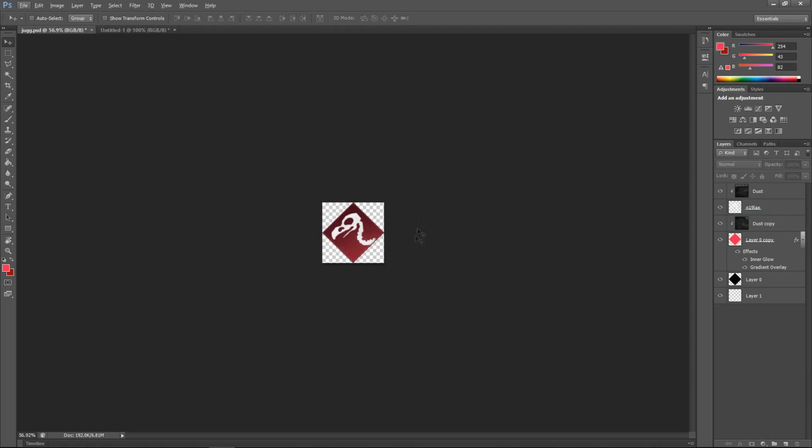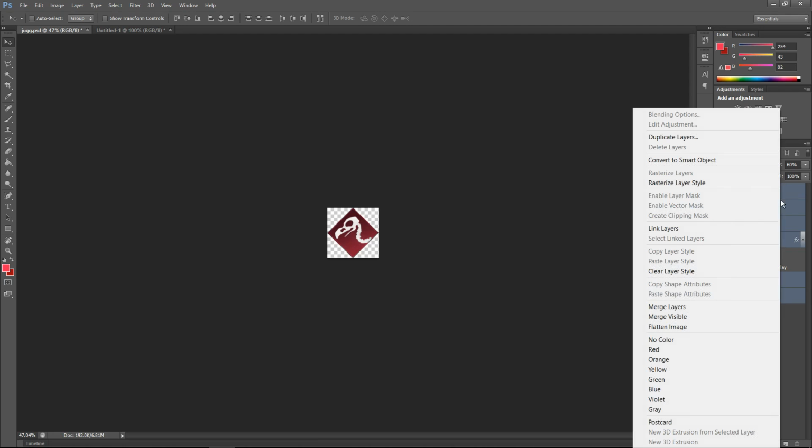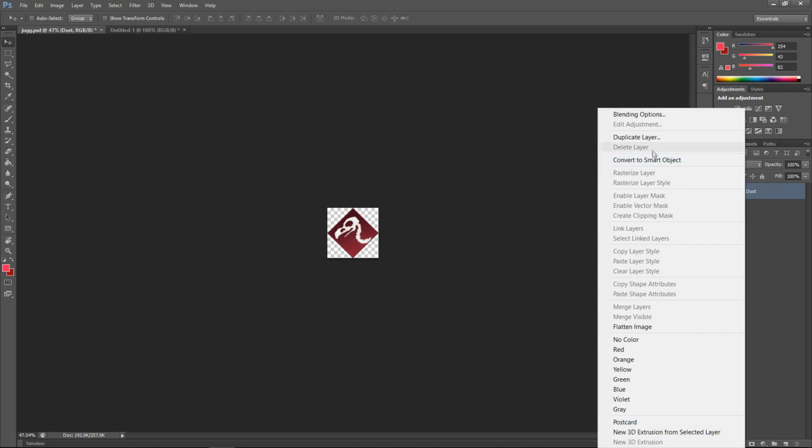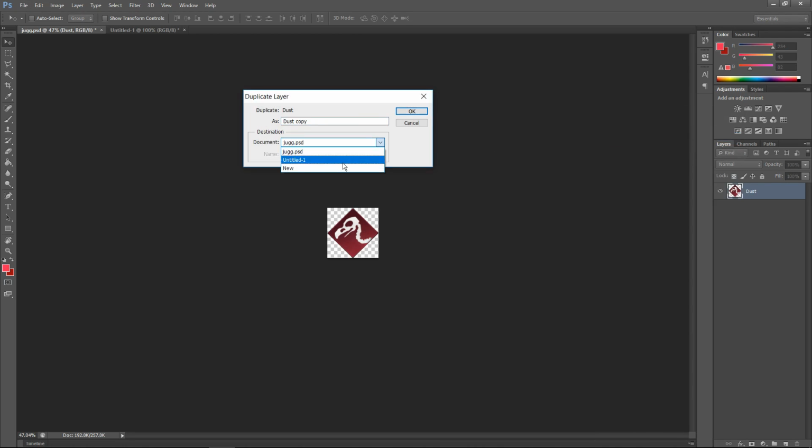And now that you actually have your image done and you want to make this into a perk shader, just grab all your images, hold shift, and then go all the way to the top, and then grab all of your pieces that you are making this into, right click and click merge layers. Now it's all one layer. You're going to want to right click, duplicate layer, go to untitled, and